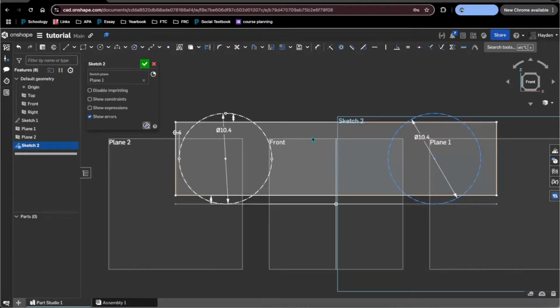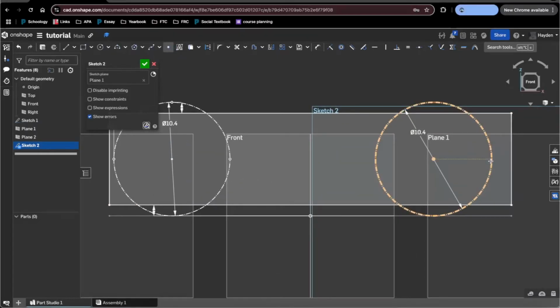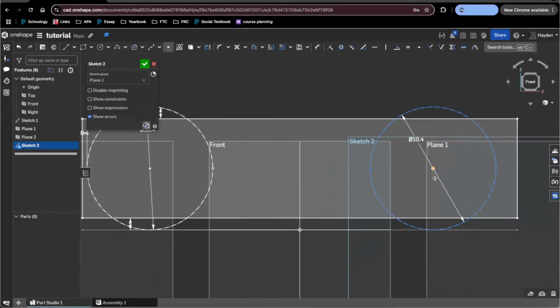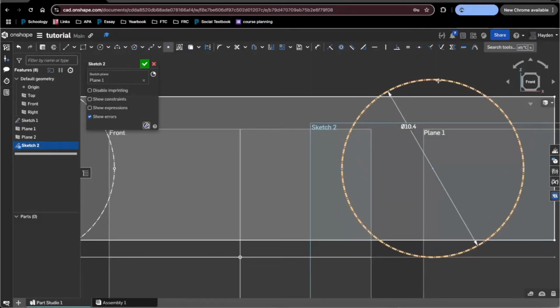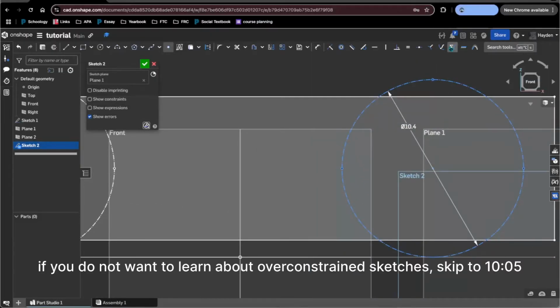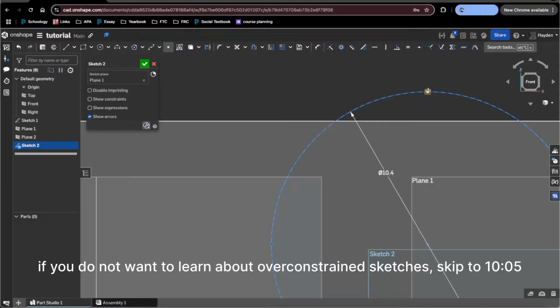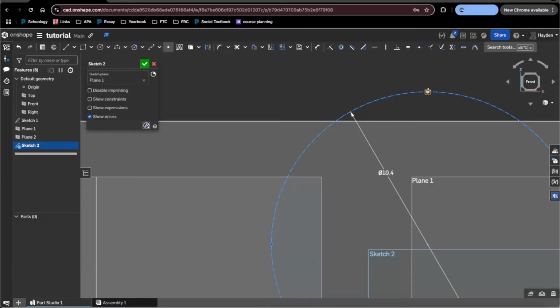So what we're going to do is the same thing that we did with this circle here. We're going to hover over the center point, drag to the right, hover over the center point again, drag to the left. But in this case, we do not need to drag it up to the top. And the reason why is because in Onshape they have a feature called over-constrained sketches. I wouldn't necessarily call it a feature because it's more of an annoyance than anything, but if you go here and